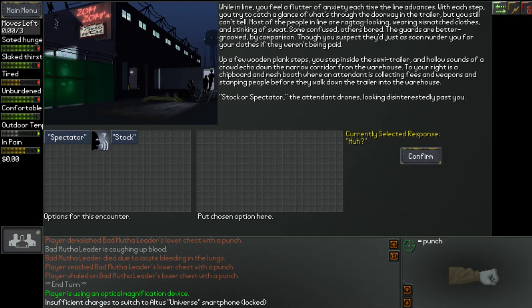Most of the people in the line are ragtag looking, wearing mismatched clothing, and stinking of sweat. Some confused, others bored. The guards are better groomed by comparison, though you'd suspect they'd just as soon murder you for your clothes if they weren't being paid. Up a few wooden plank steps, you step inside the semi-trailer,